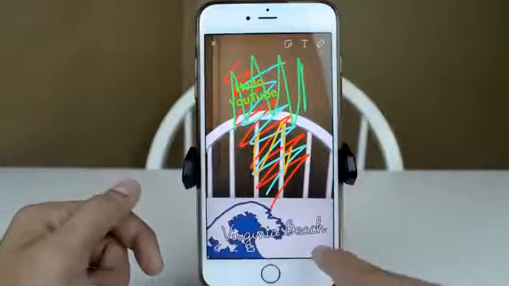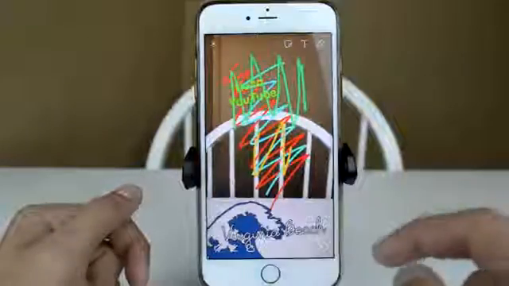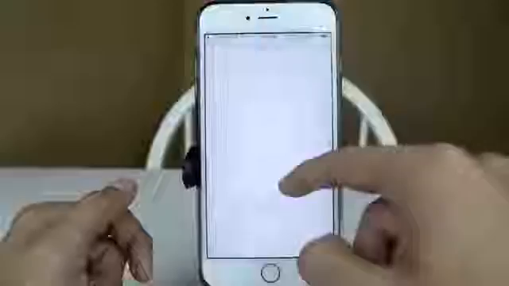Now, also the last thing that you need to know about this screen is a little button right down here, which is going to be the send icon, which once you click it, you can either add it to your story like this, or you can send it to whomever you'd like